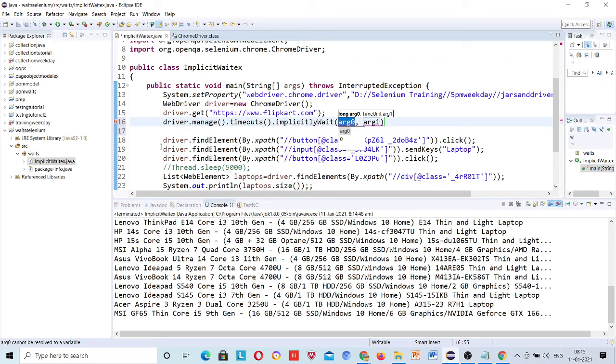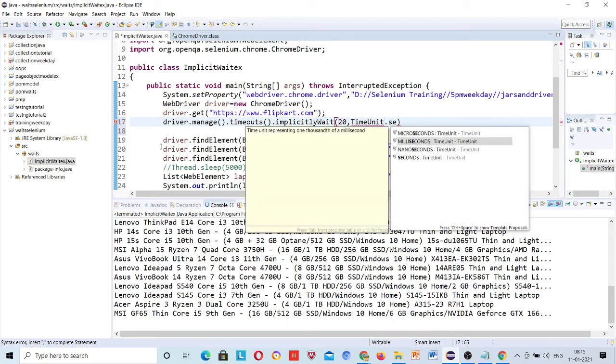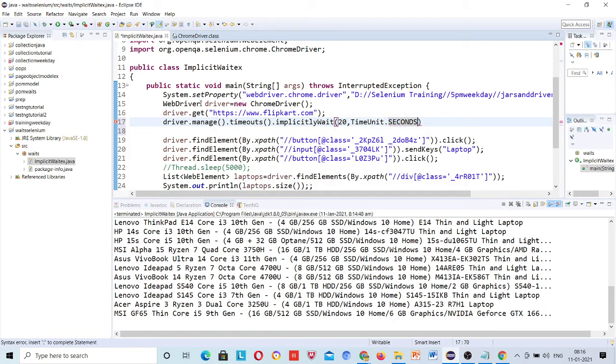And here you have to give the wait. Suppose we have given 20 seconds, right? And TimeUnit dot SECONDS, the time unit you can give of your choice, right? I have given seconds.